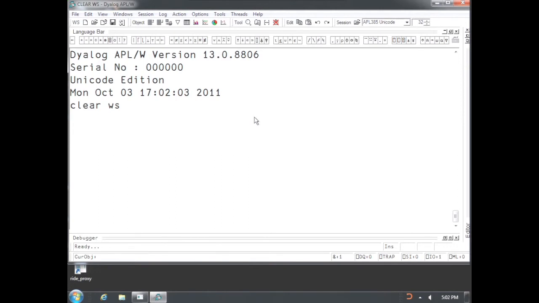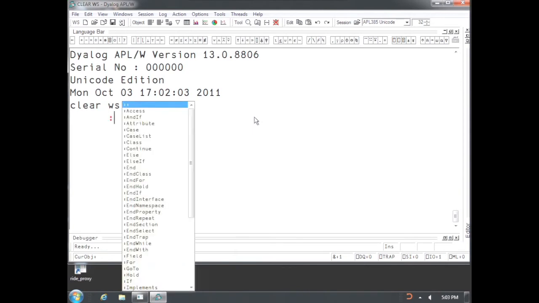Now, out of the box, if one wants to type overstrikes, one needs to first of all use the key sequence that is defined as being the overstrike introducer key sequence, which in the default configuration is Control Backspace. So if I hit Control Backspace, I'm now in overstrike mode. At the moment, there is no indication that that is the case. But if I type now colon,